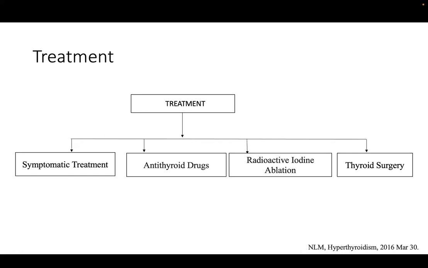In radioactive iodine ablation, there have been controversies where they have tried low dose and high dose. If you give low dose, you probably have to give an additional dosage. If you give high dose, the probability of requiring additional dosage will be lesser, but they will go into hypothyroidism. At the end of 1 year, nearly 70% or more will go into hypothyroidism with high dose. With low dose, it will be around 60%. So that is the issue, and you have to tell us how much the dosage is.